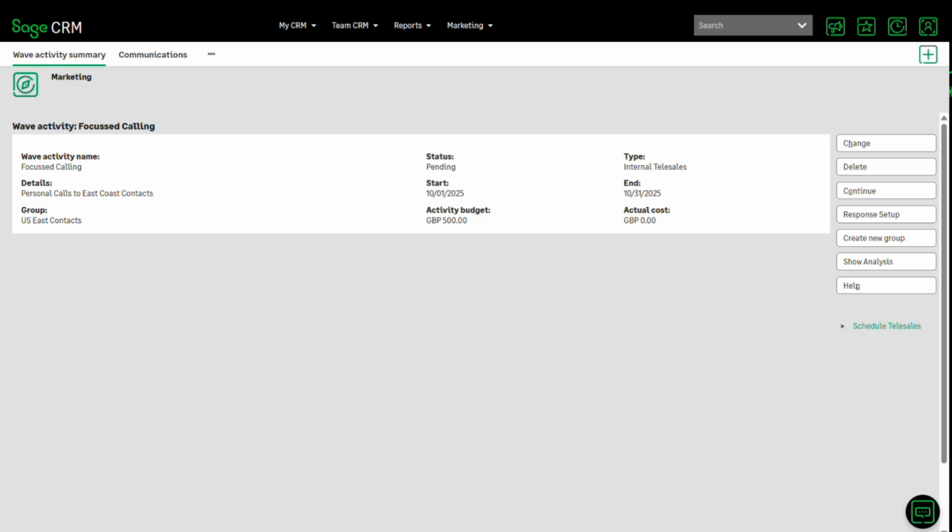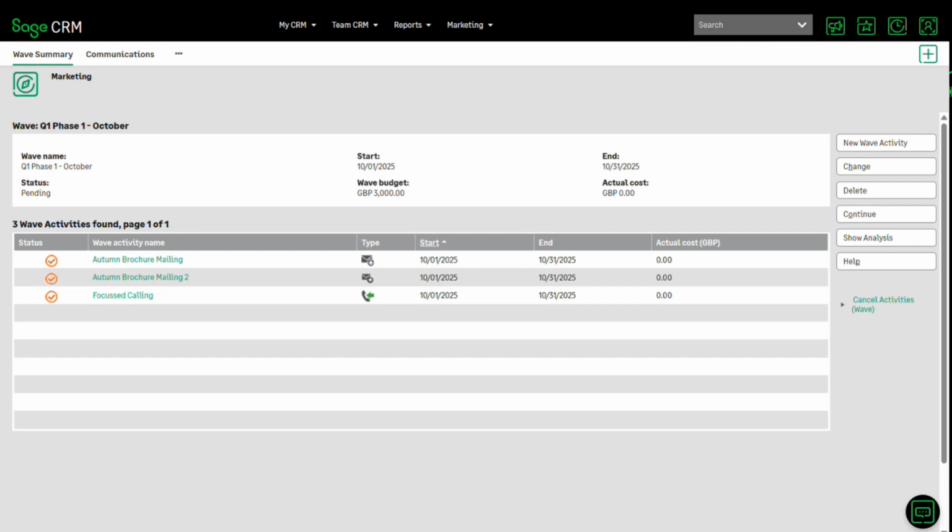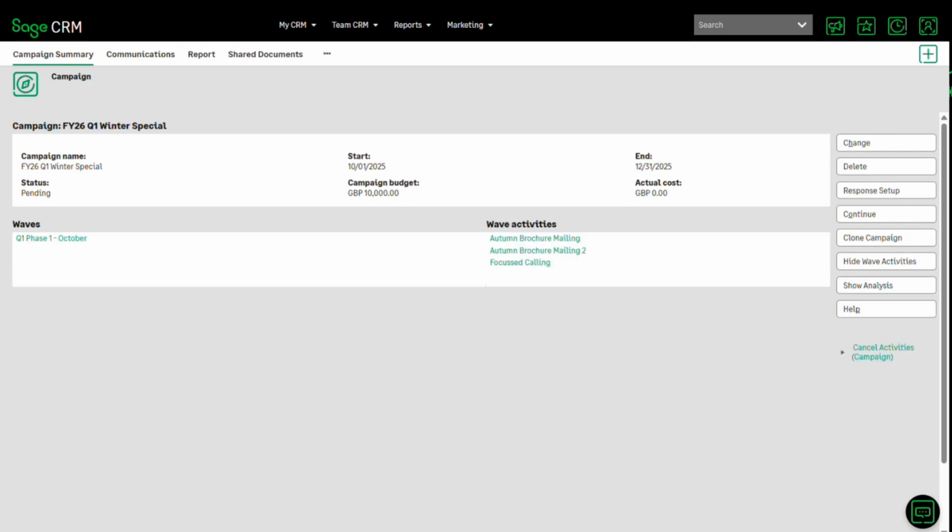So I'm going to continue out of this, and we're back up at the level of the phase. And if I click up, you can see that I've continued up, and I'm now looking at it overall from the overall campaign itself. Now, notice that there are hyperlinks on this page. So I don't have to go first of all into the wave. I can go straight into the wave activity that I'm interested in performing. So this might be my marketing campaign, but what I want to do next is to go straight in and choose